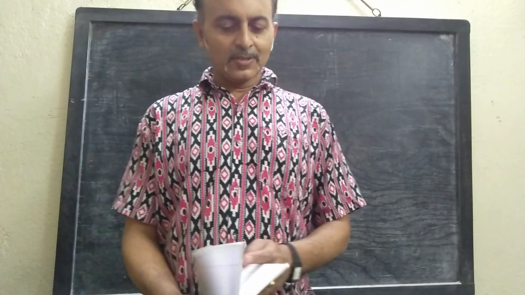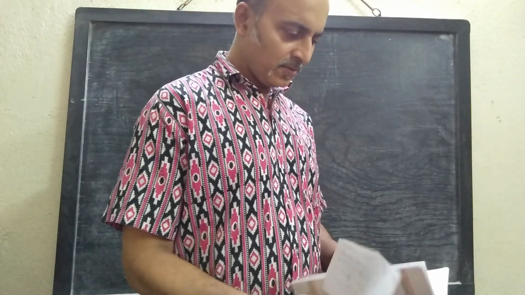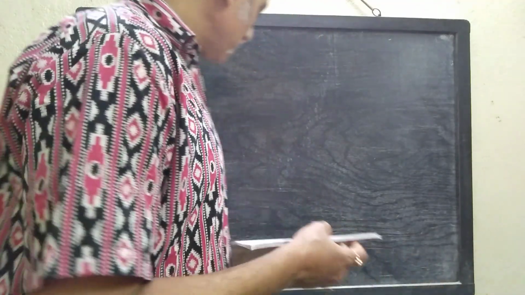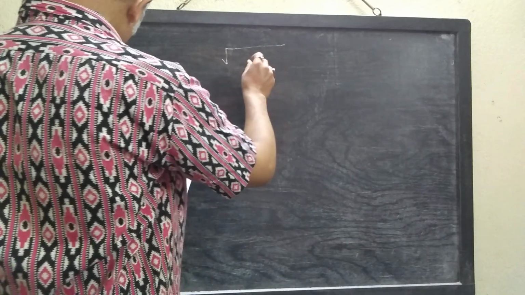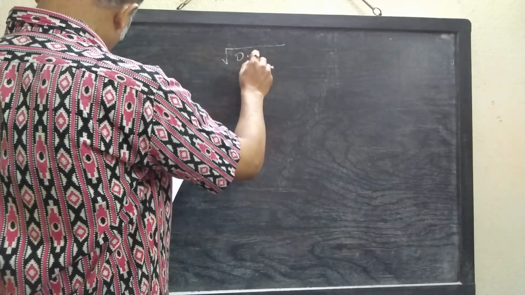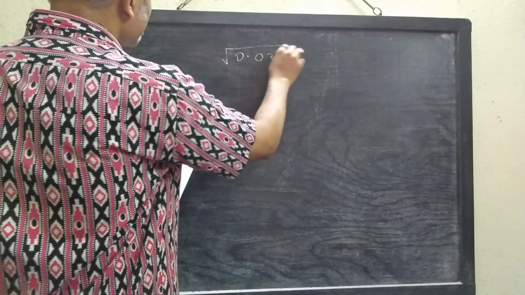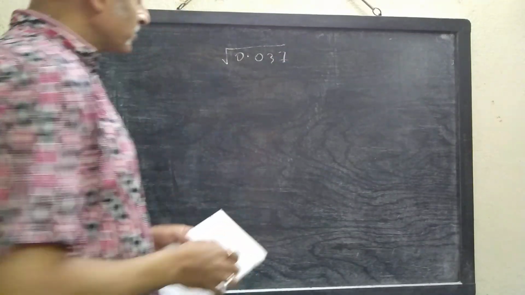Okay. So we are solving problems from differentials. So next, go to the problem. Suppose we are asked to find the square root of 0.037. So we have